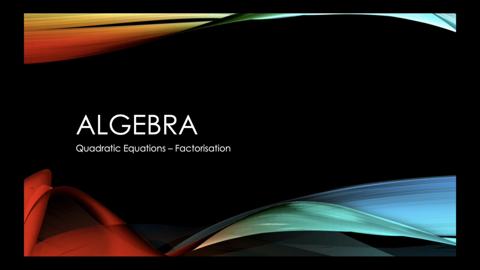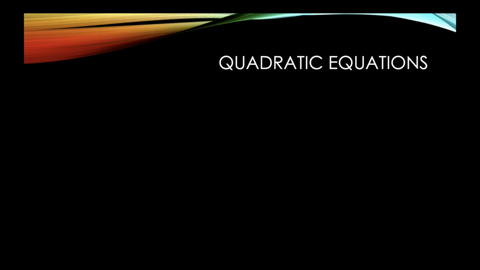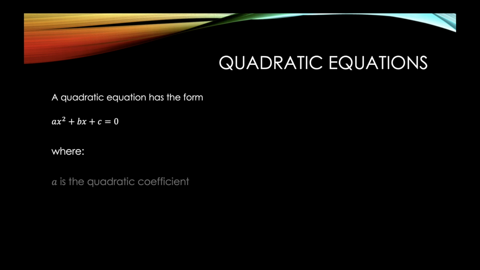Today we're going to have a look at quadratic equations and one of the methods to solve a quadratic equation. Let's first start off with what is a quadratic equation. They typically have the form ax squared plus bx plus c is equal to 0, where a is the quadratic coefficient, b is the linear coefficient, and c is the constant. A quadratic equation must have the x squared term, which implies that a cannot be equal to 0. B and C can equal 0,